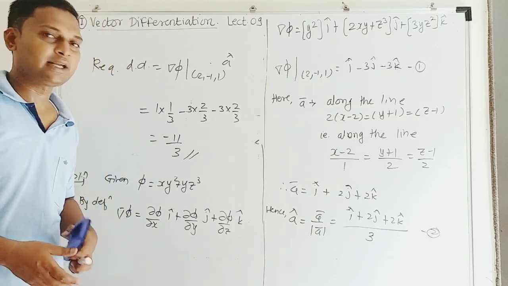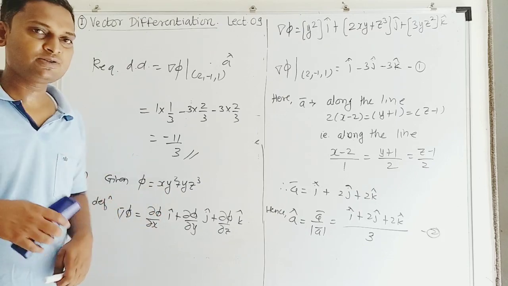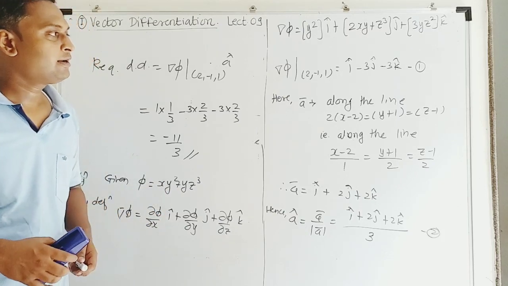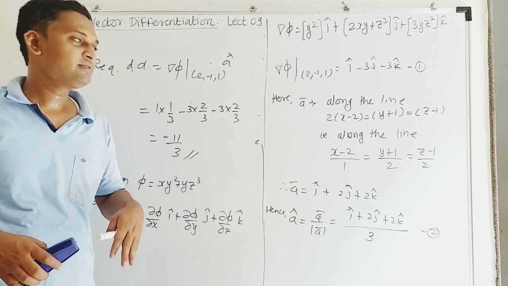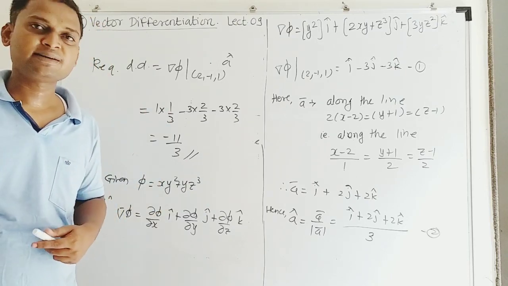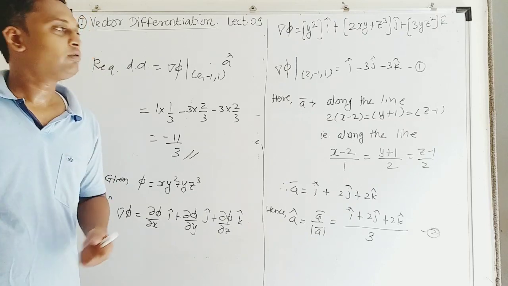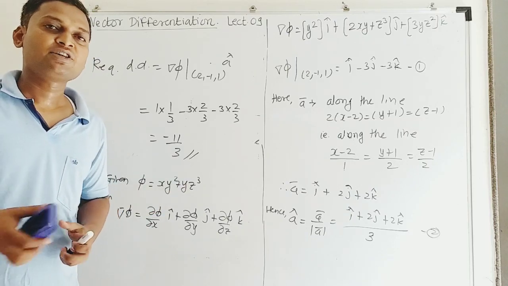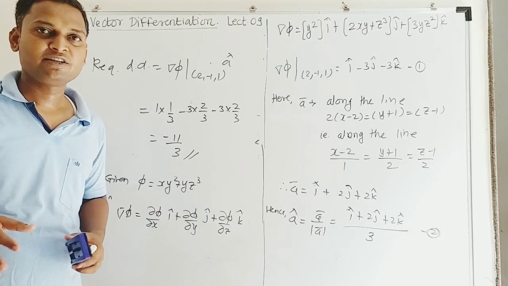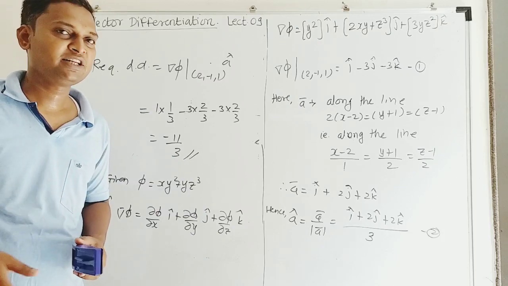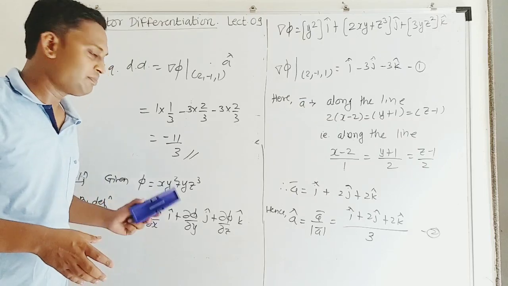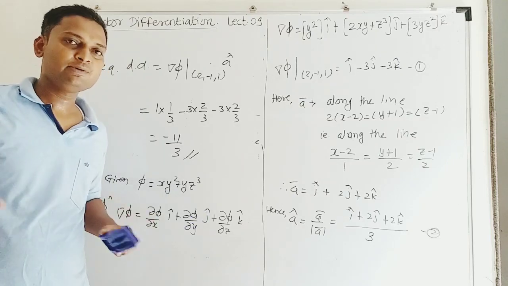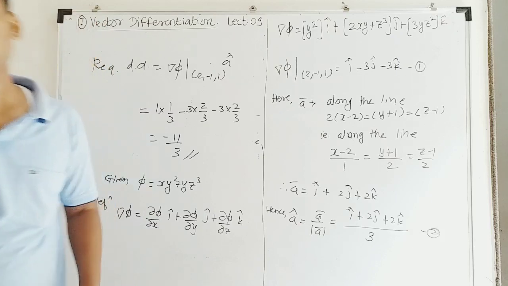Hope you have understood these calculations. One problem of this type also I will give you for practice, and I think we have covered all the 5 types of examples, and I have given you one example for practice on every type. Now after this lecture, in the next lecture we'll discuss the concept of maximum directional derivative. That is the last type of problems from the directional derivative topic. So one problem for homework of this type I will give you. You try this at home.